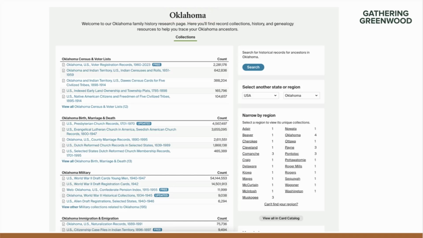And Ancestry isn't the only place you can find the records listed here. We a lot of times start with Ancestry and looking at records because they have a very user-friendly format, but many of the record collections listed here are going to be available at other places as well. Family Search is always free, so if it's available at Family Search, you can see it here, and